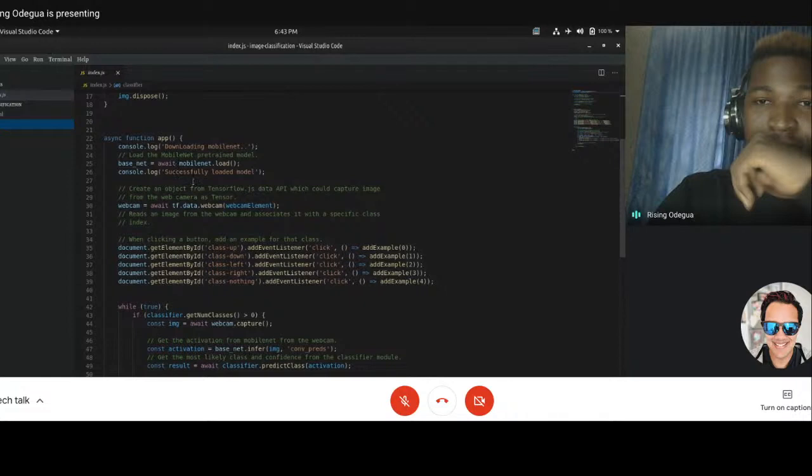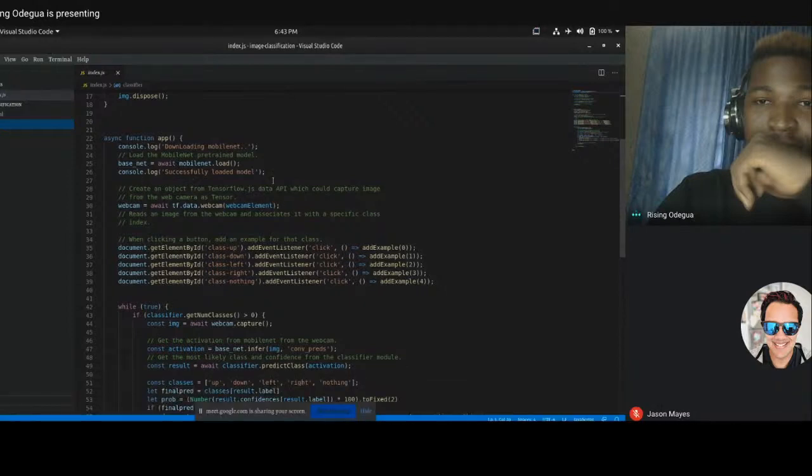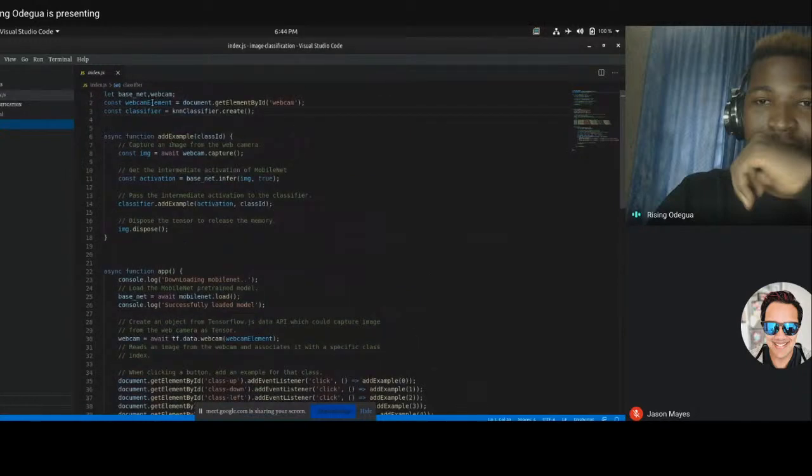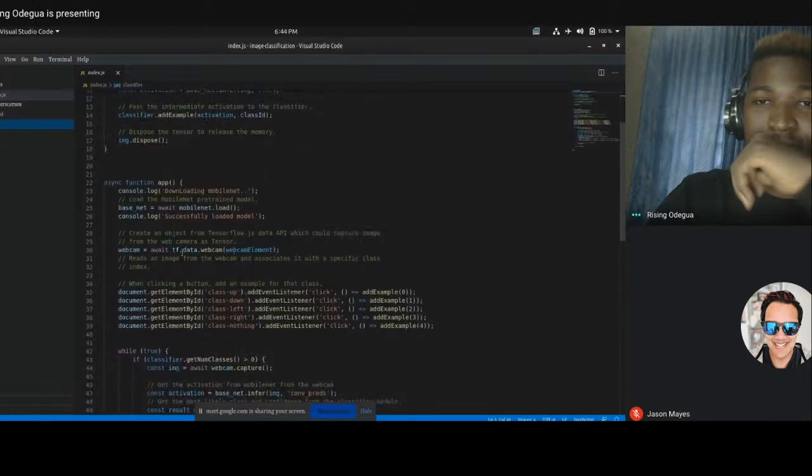As soon as it's done loading, we have the webcam element. Tensorflow.js comes with support for getting data from the webcam, so it's very efficient. You don't have to write low-level code to get images from the webcam. You can easily leverage the tf.data function, just pass in a webcam element, which we already initialized here. And remember, this is coming from the video element, the HTML5 video tag. So you just pass that to the tf.data.webcam function, you access the webcam, and you can capture a frame and do anything you want to do with it.